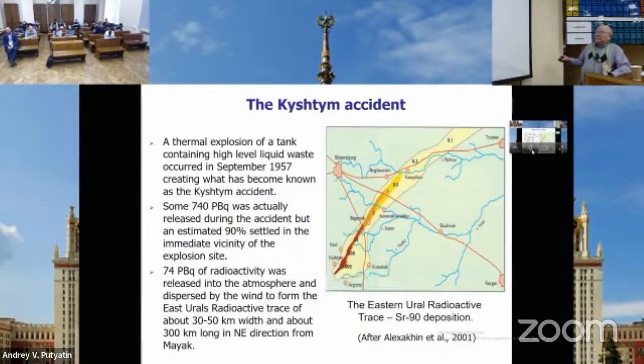And 74 petabecquerel was released into the atmosphere and dispersed by the wind to form the East Ural